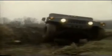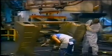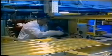That's because its design is a model of strength and efficiency. In fact, its body is more like an aircraft than a truck. It is made from a heat-treated aluminum alloy, which has an extremely high strength-to-weight ratio. Naturally, being aluminum, it's virtually corrosion-proof as well. For extra strength and durability,